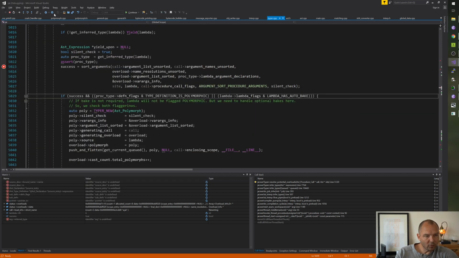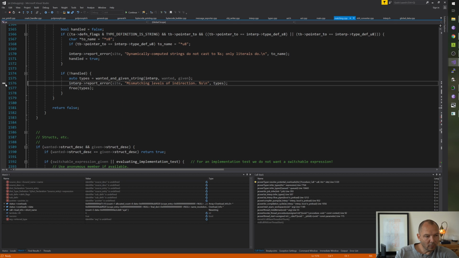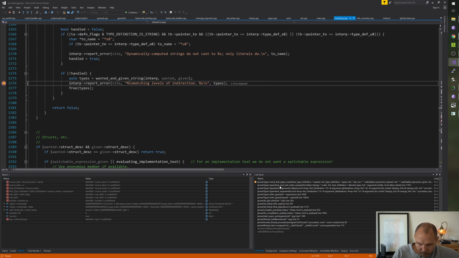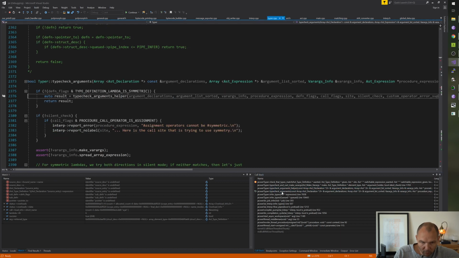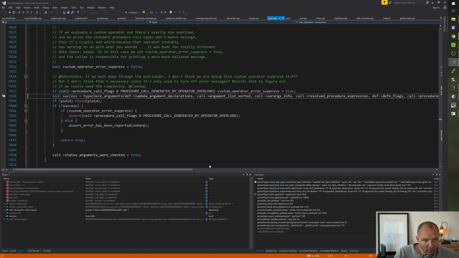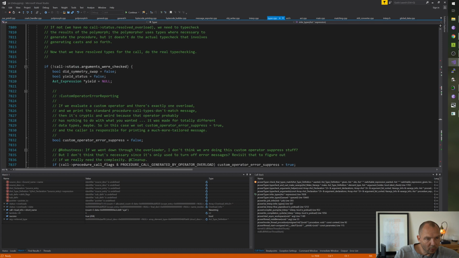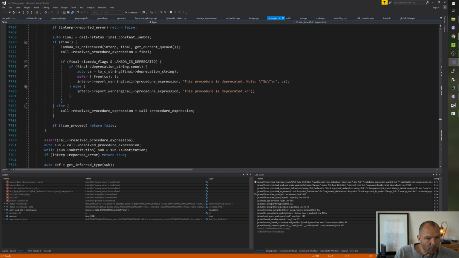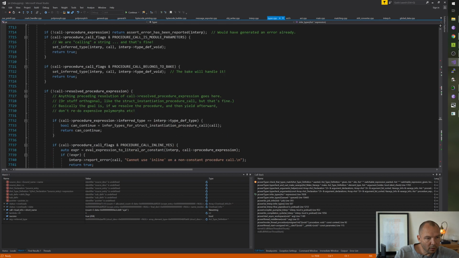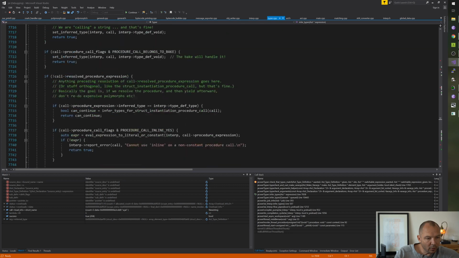Mismatching levels of indirection. There. Let's just go, okay. Type check arguments helper, type check arguments, infer types of the call.